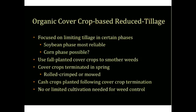So with that, I just wanted to touch upon the data that we've collected here at UW on those issues with costs and profitability. But what I really want to get into is the cover crop based reduced tillage system. Oftentimes we hear this called organic no-till, but we've kind of gone away from calling it organic no-till because what we're really doing with this technique is focusing on limiting tillage in certain phases. We're certainly not eliminating it yet across the organic system, but we are substantially limiting tillage and cultivation at certain